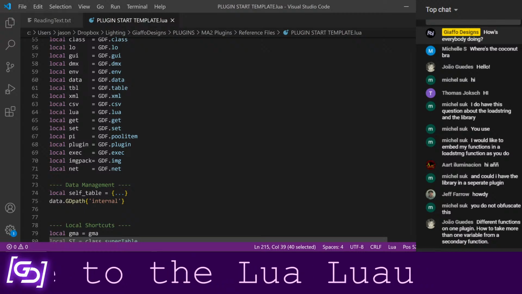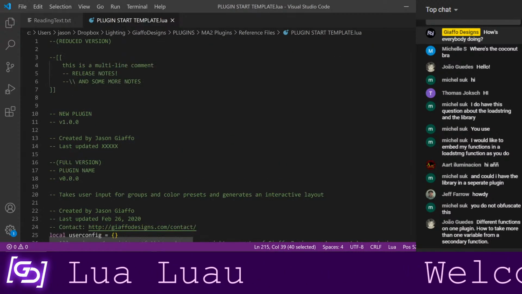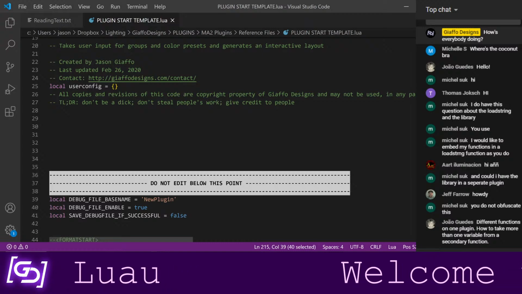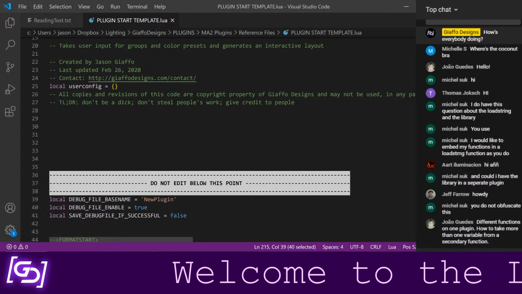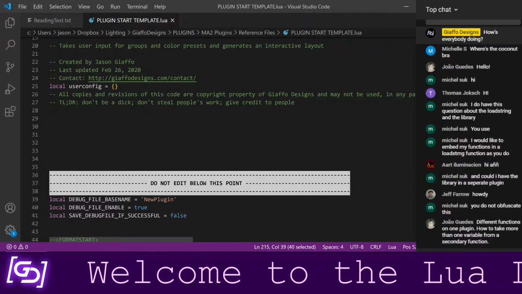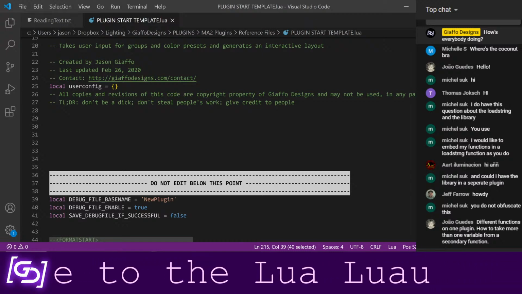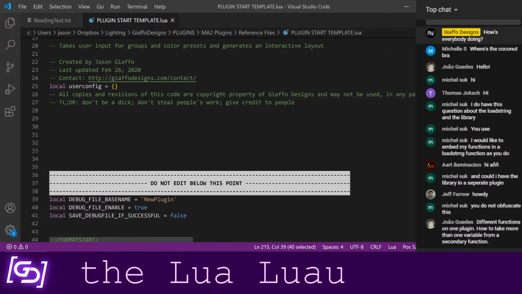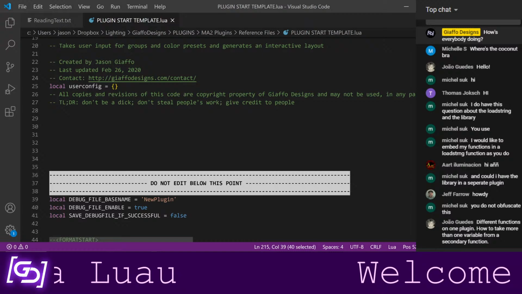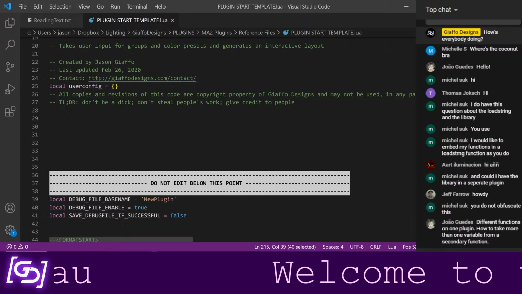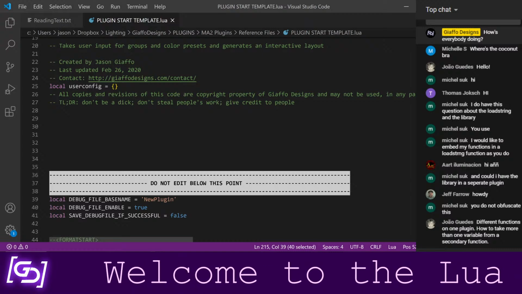What I've got pulled up to start with is the template file that I use to start all my plugins from. Some of this could be a little bit updated, but this is basically what's referred to in some places as boilerplate code. So it's my starting code with elements that I'm either always or pretty commonly going to have in a plugin, and I start from here and move on from that point. So I wanted to start from there.